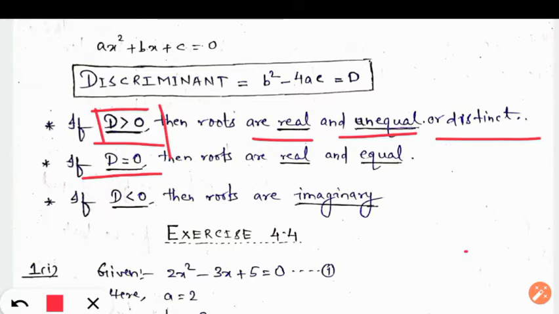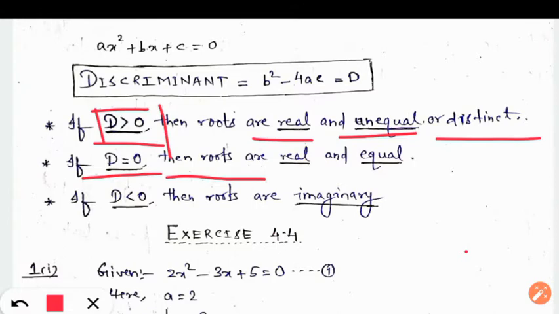Second point, if the discriminant is 0, that is, if the root part becomes 0, then what will happen? We will get only x equals minus b by 2a. We will get one value of x. So for a quadratic equation, if we are getting one value of x, it means the roots are equal. So if D is equal to 0, then the roots are real and equal. In case we are required to show that for a given quadratic equation the roots are equal, then if you show that the discriminant of that quadratic equation is 0, then we can say the roots are equal.